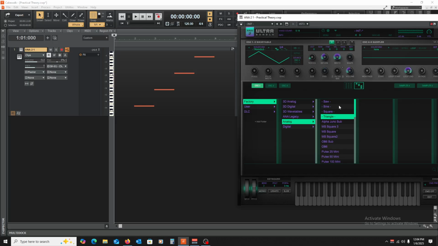So I would say a sine is going to be your smoothest, purest sort of sound when it comes to these waveforms. Then a triangle is going to be a little bit harsher, a little bit more gritty, then a square, and then a saw, in order from smoothest to harshest.